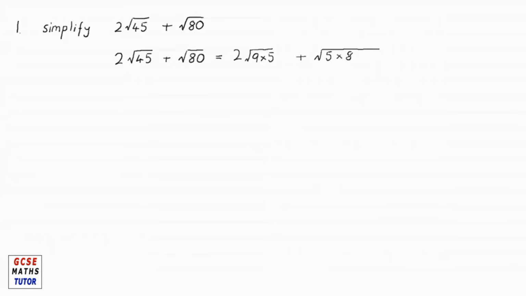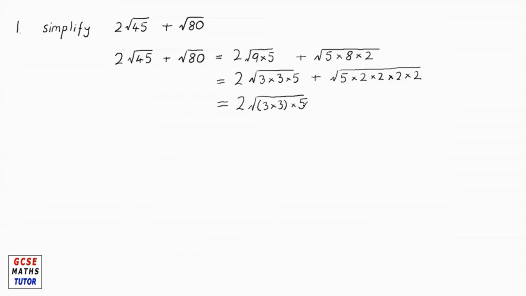Number 1. Simplify 2 root 45 plus root 80. 2 root 45 plus root 80 equals 2 times the square root of 9 times 5 plus the square root of 5 times 8 times 2, which equals 2 root 3 times 3 times 5 plus the square root of 5 times 2 times 2 times 2 times 2, which equals 2 times the square root of 3 times 3